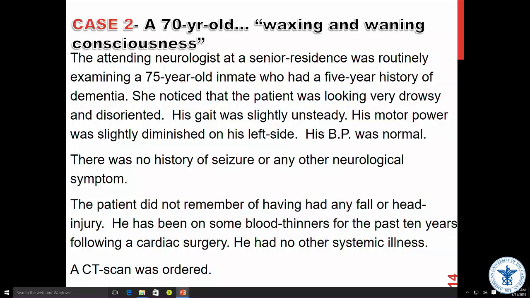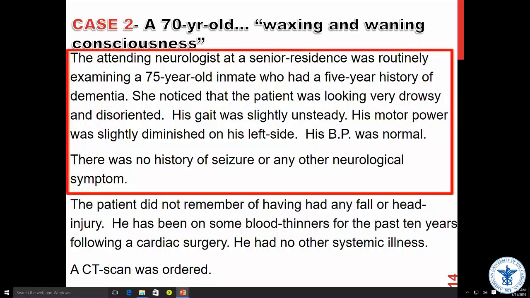His gait was slightly unsteady. His motor power was slightly diminished on his left side. His blood pressure was normal. There was no history of seizure, because you want to know when there's trauma or any other neurological symptom. The patient did not remember having had any fall or head injury, because these are all patients who are most